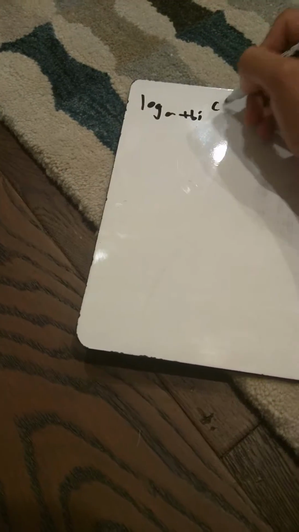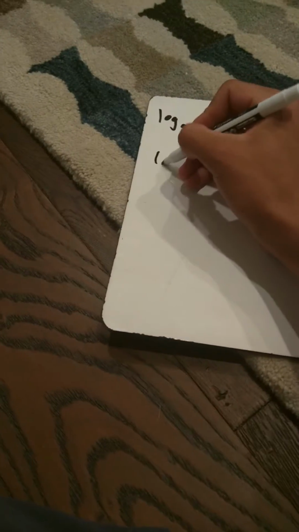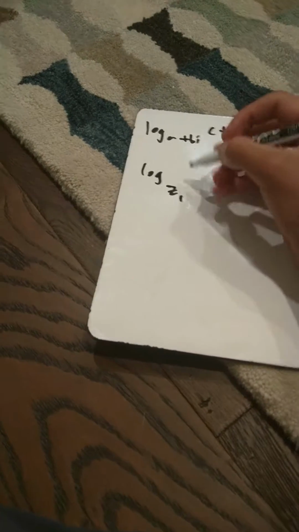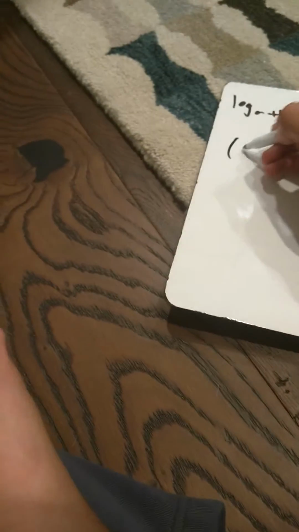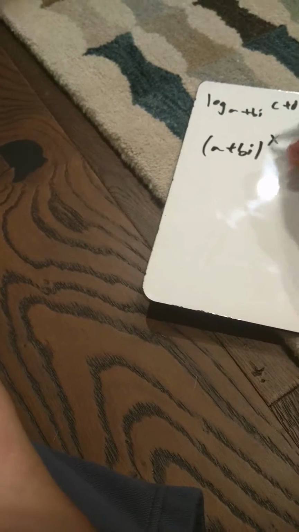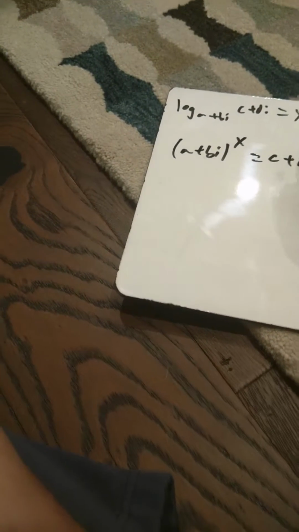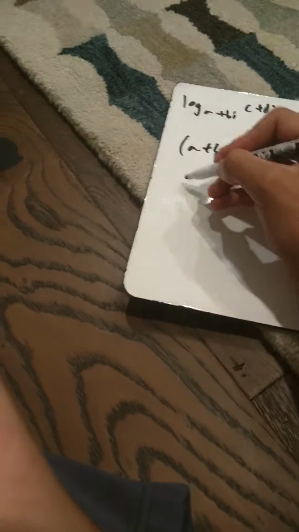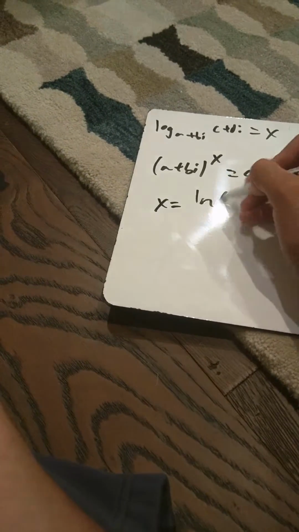Finding the log base a plus bi of c plus di. So we have the logarithm of complex number z1 of z2, basically. Say it equals x. So a plus bi to the x equals c plus di. So we can say that x equals ln of c plus di, or actually any